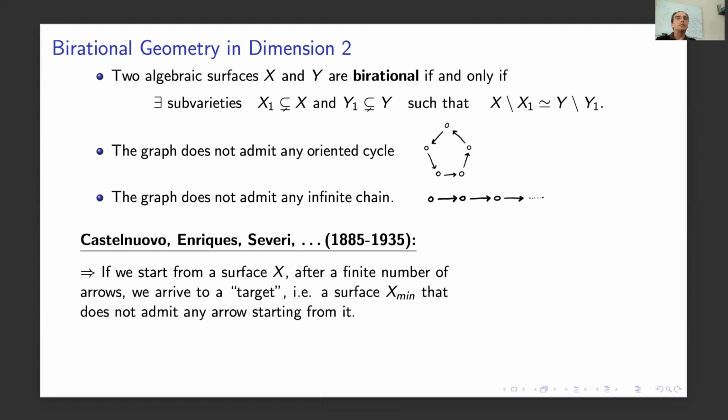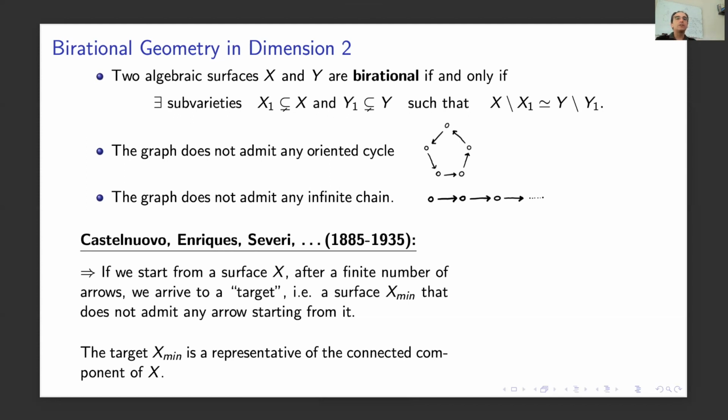So this looks very simple, and it is not hard, but somehow it can be seen as an object of study of many, many works of several mathematicians. In particular, here I mentioned Castelnuovo, Enriques, and Severi, but there are many more involved, which is somehow the beginning of the birational geometry of projective varieties. So in this case, we only consider the case of surfaces, complex surfaces. But the idea is that in this big graph, for each connected component, we can always find a target,